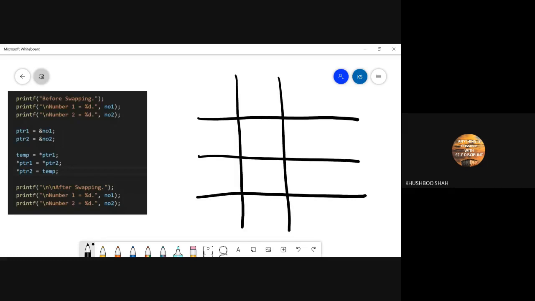I'm not drawing a complete square. Okay, let's consider that this is our memory.